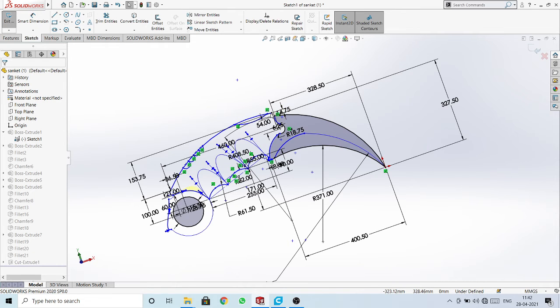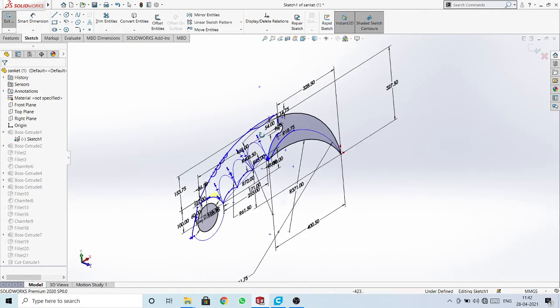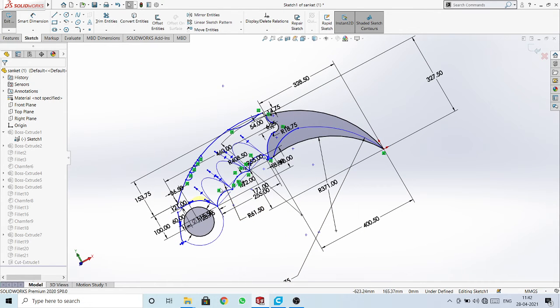Then I have sketched the handle of the blade, and I have extruded it individually because I wanted the thickness of the handle to be different from that of the blade. And now you can see that I have made some finger grooves. For these finger grooves, first I sketched some fillets from these straight lines, then I sketched some fillets giving them some curvature. After extruding, I used the chamfer function again to give a different thickness to the groove so that the fingers can fit in.